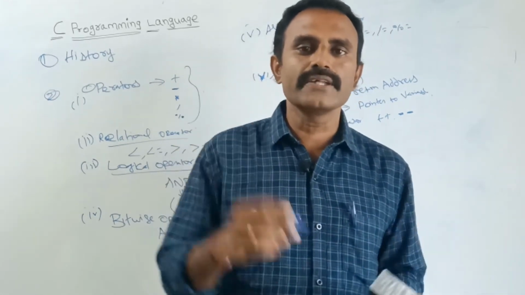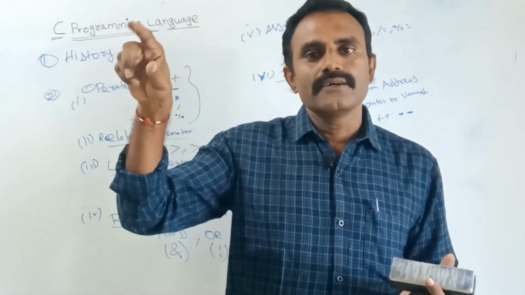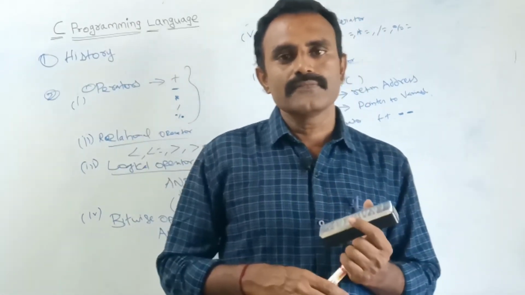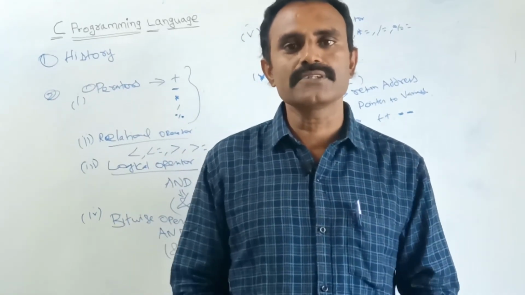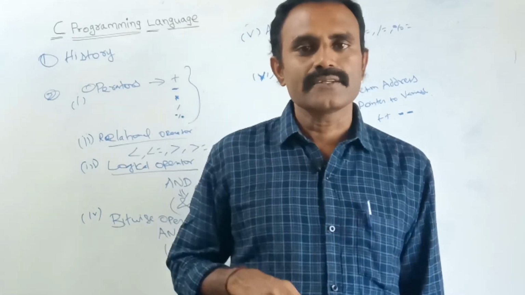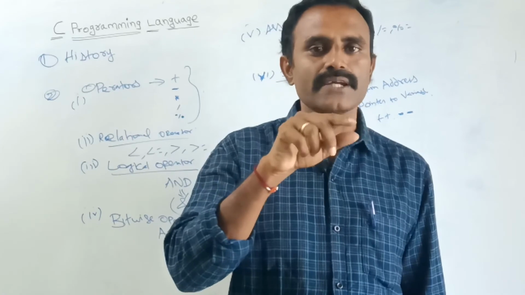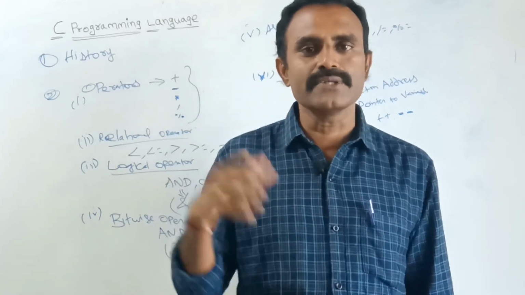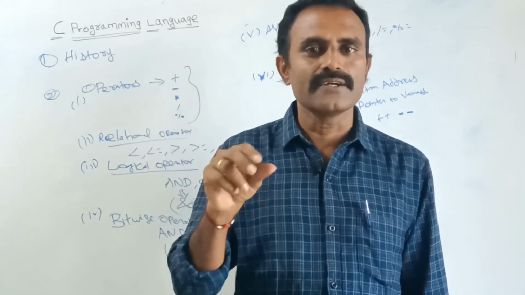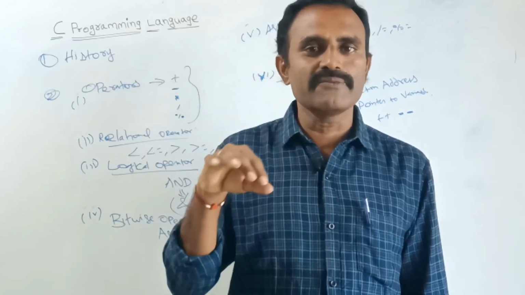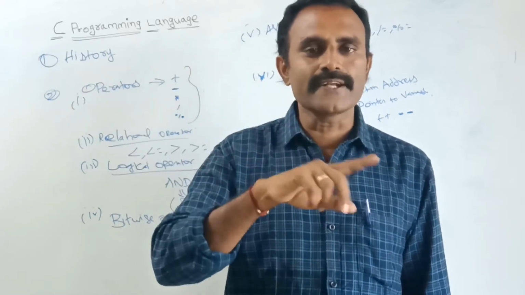I am including, suppose, a character choice. This is one kind of variable declaration. I have declared the variable choice as a character. Suppose I want to find the size of that choice variable, just by help of sizeof, if you give choice, it will return how much memory is allocated. For character, as already shown in data types, the default size is 1, so it will return 1 byte.